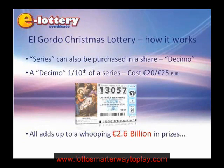So you'll pay 200 for a series, or you'll pay between 20 and €25 for a 10th share of a series. Depending on where you get the ticket from, retailers are allowed to charge a small sort of levy on top of that for selling the ticket. And if you buy them in a local retailer, you can pay anything up to €25 per ticket. If you're looking online, you will pay anything from 35, 40, even €50